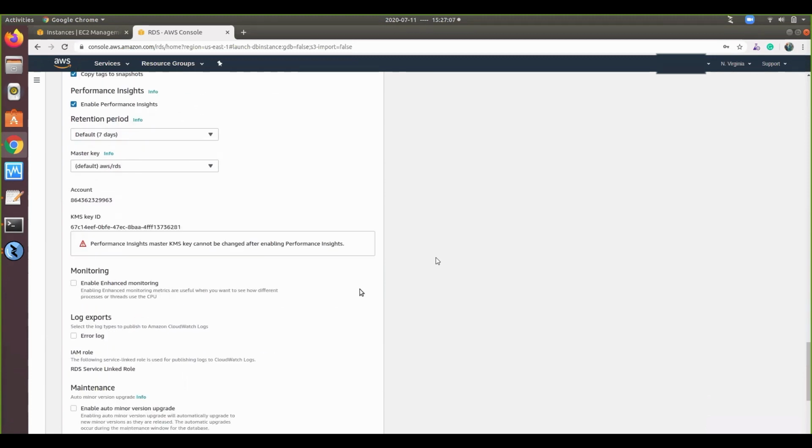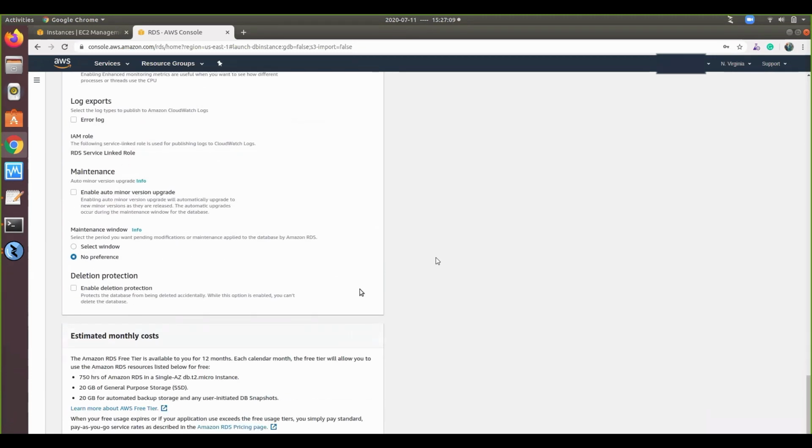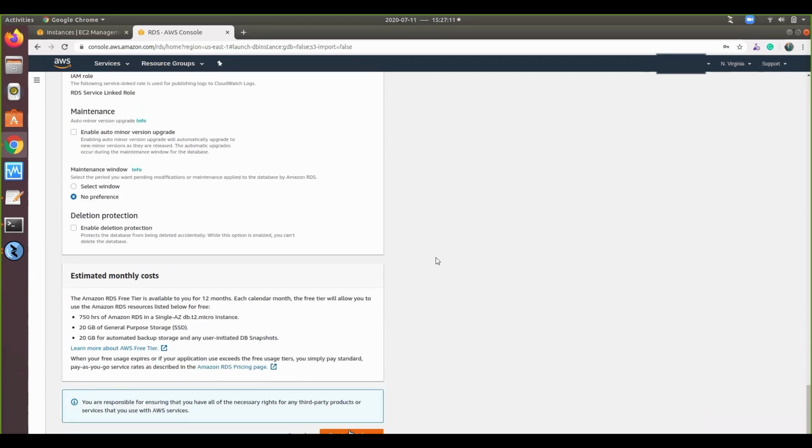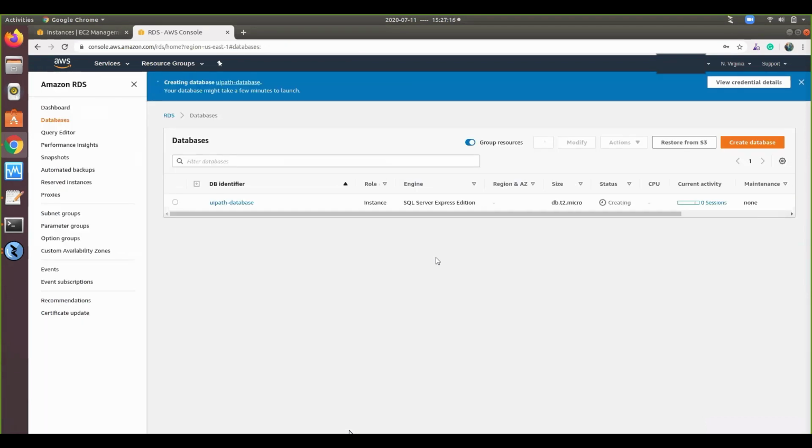And that's all. You can leave the others as they are, and you can just proceed with the database creation. Here you can see the status of the database as creating. Once this is converted to created or online, you are good to go with the installation in your orchestrator setup.